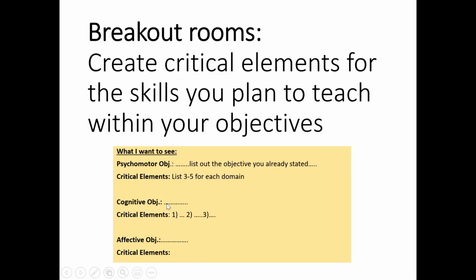So again, you already have your objective listed out, so now just list the critical elements beneath. I understand this is going to be pretty hard for you. Typically, this is easier as you move forward because you have more textbooks to refer to, particular to different skills in this program. Right now, you might not have any, so you can Google some things, or even just make them up based on your knowledge of how to perform some of these skills, if that helps.